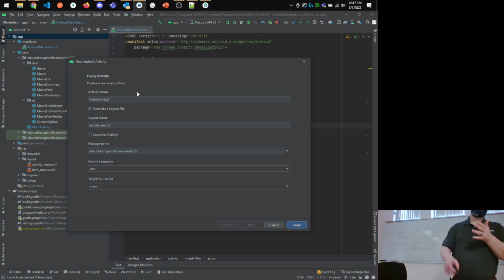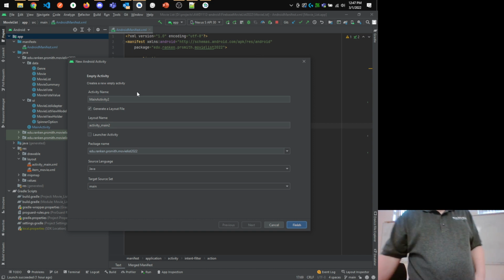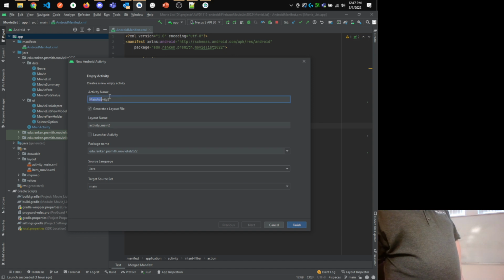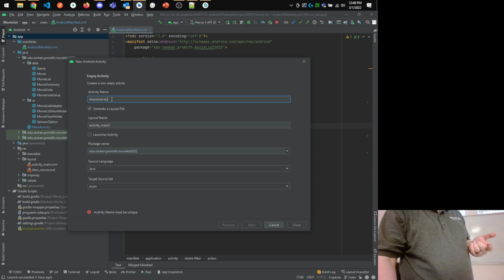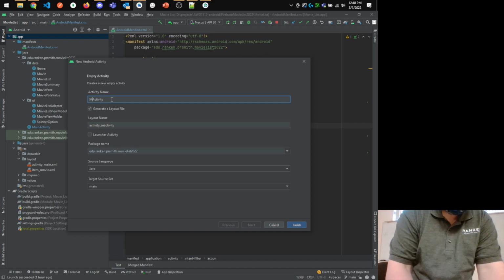Create the class, create the layout, and register it in the manifest. So convention is that when you create a new activity, the name of the activity always needs to end in the word activity. Name of the activity always needs to end in the word activity. Okay? That's by convention. So if we're making a detail screen for movies, I might call this my movie